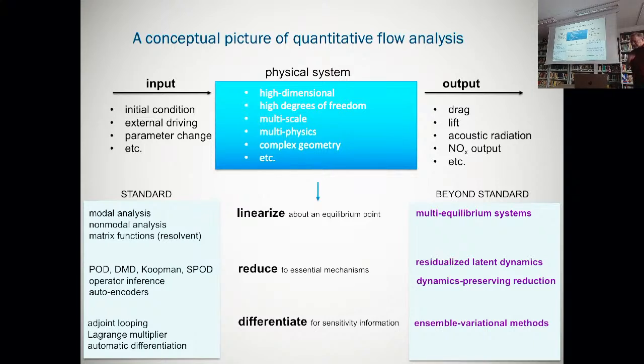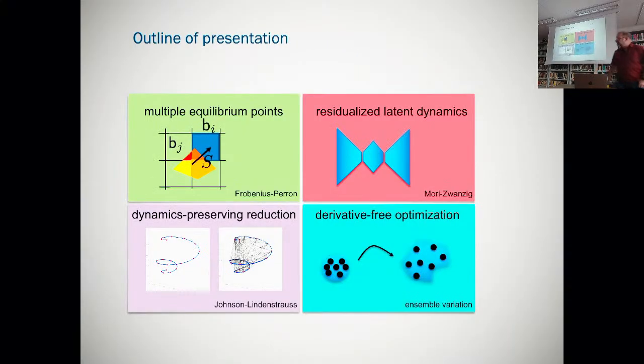And in that case, I'm going to show you how to do ensemble variational methods. So naturally, the talk falls into four parts. Dynamics preserving reduction, that one is called